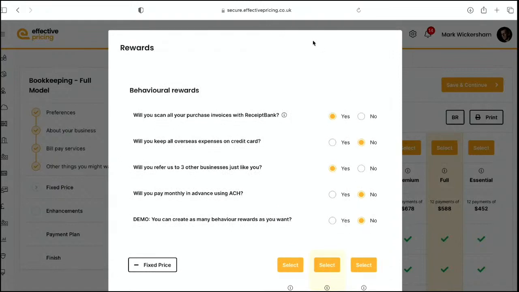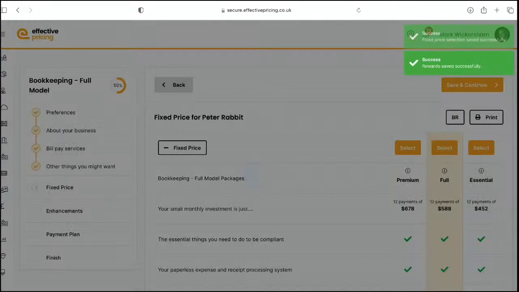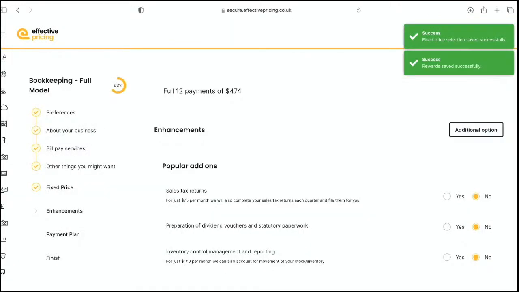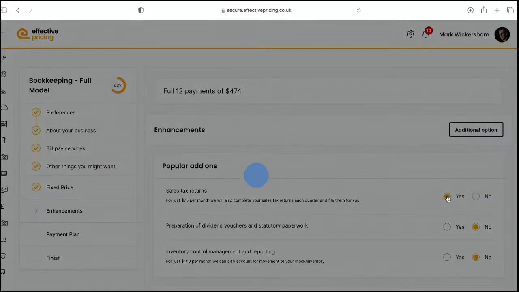Once the client's happy, then the software moves on. It's not quite the end of the process, because once they've agreed to 12 payments of $474, we might offer some optional extras, the upsell. And so let's say they want us to do their sales tax returns as well for just $75 a quarter. And that makes it 12 payments of